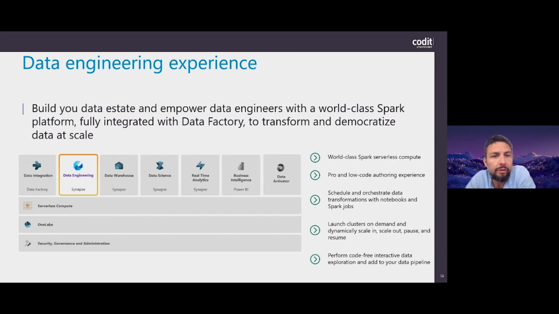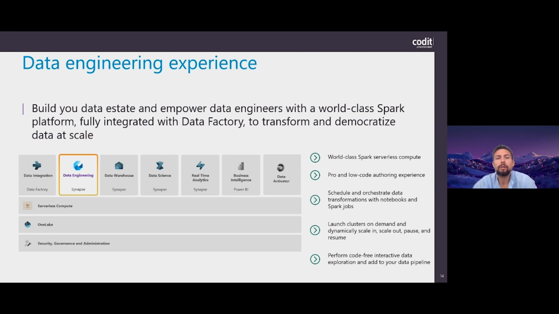Next, once your data is in there, you need to start processing that data. So you need to transform it, you need to clean it, you need to do the proper transformations. You need to maybe combine some data, do some feature extracting and things like that. And that's where you will be using data engineering, which is actually now also part of the Synapse experience in Azure.